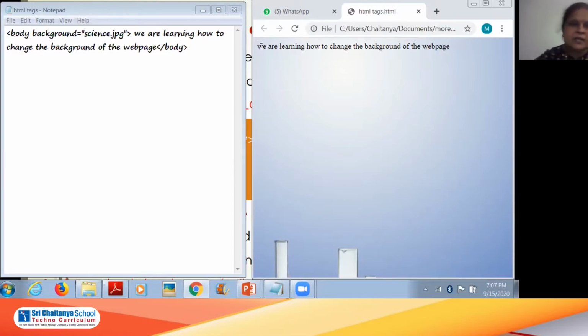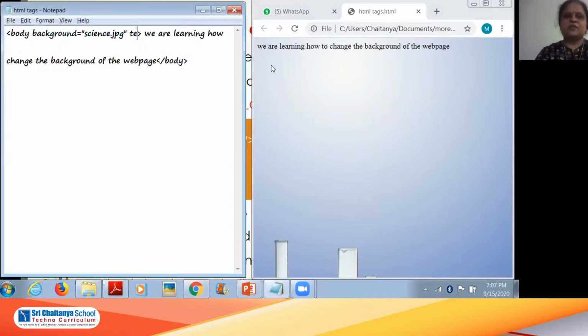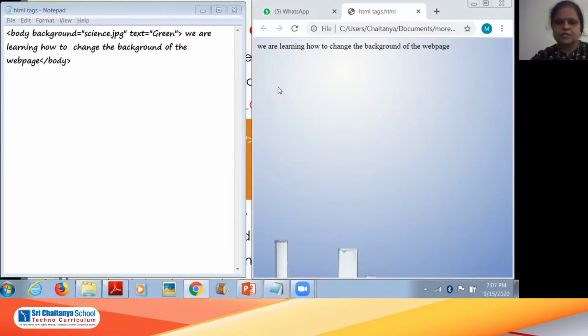Okay, so let us see how to do that. I have given red here; in place of this I will write text equals, within the double quotes I will write green. Then close this, save this, come to the web page, and press F5. You can see now the text is displayed in green color.